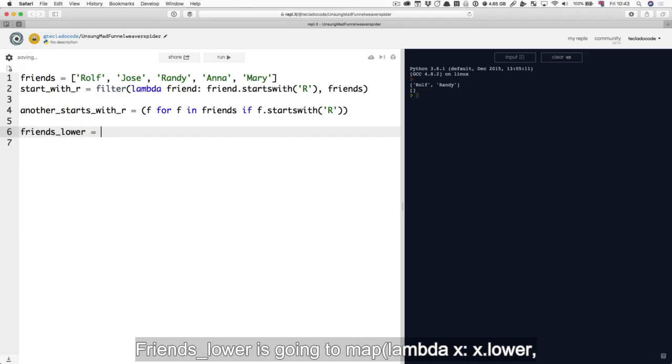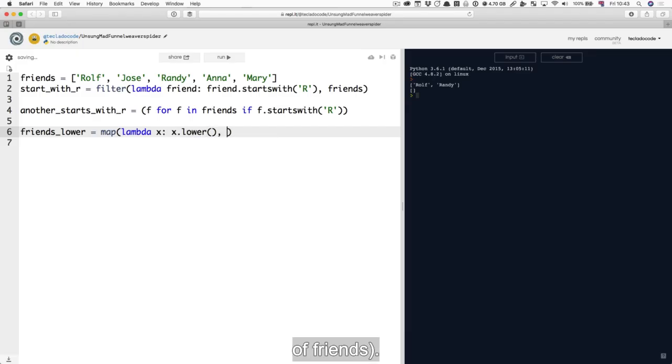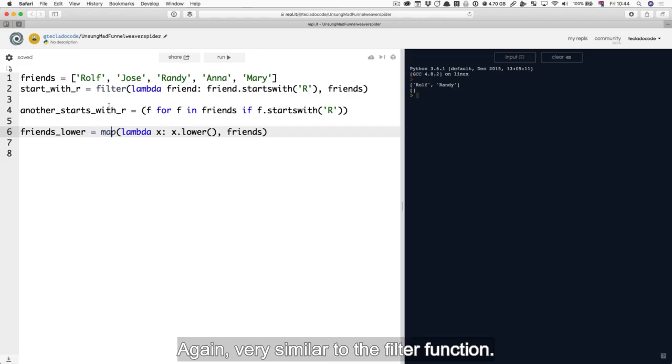Friends lower is going to map lambda x: x.lower() over friends. Again, very similar to the filter function. It also takes a function at the start that returns something and